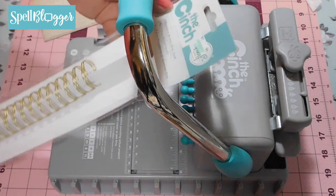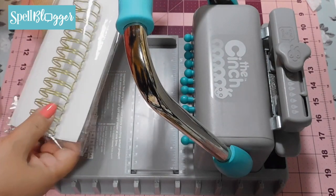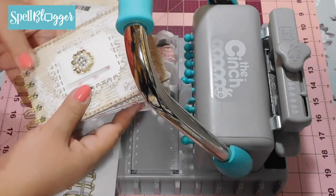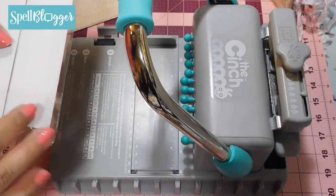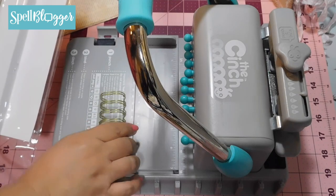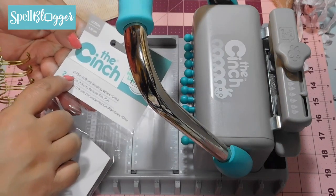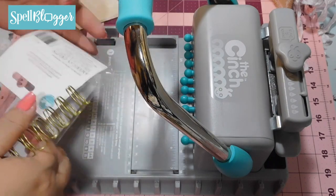We're going to remove the binding wires, and I like to use these gold ones whenever I do Shabby Chic. I think it gives it elegance. Okay, so we're going to take these, and the measurement for this wire that I'm using is 0.75 or 3/4 of an inch. Alrighty,